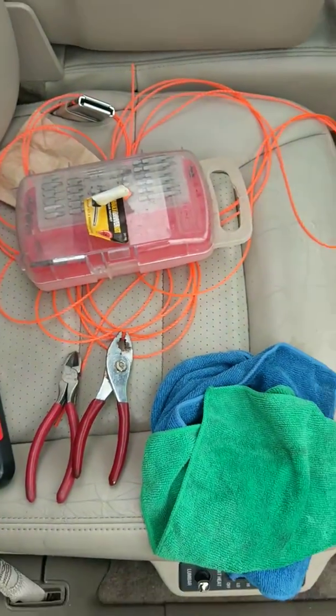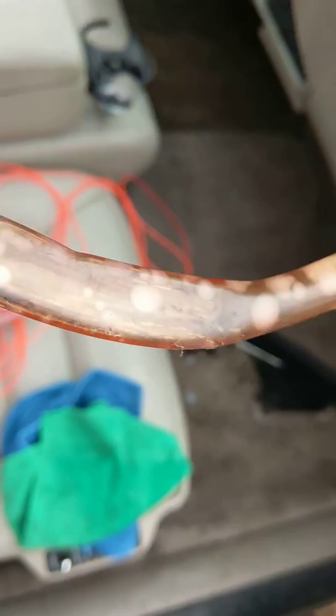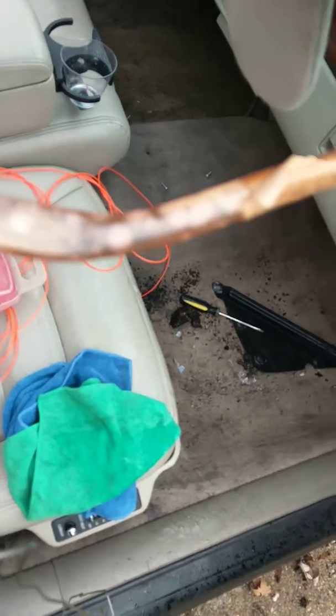And what I did is I used weed whacker wire and all that stuff. None of that worked. I mean, this car is older, so I don't think it's ever been done, so that's probably why it was caked up like that. But that's what I had to do to unclog the hose on a 1996 Cadillac Concours,